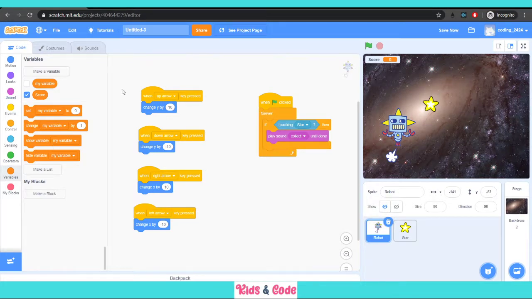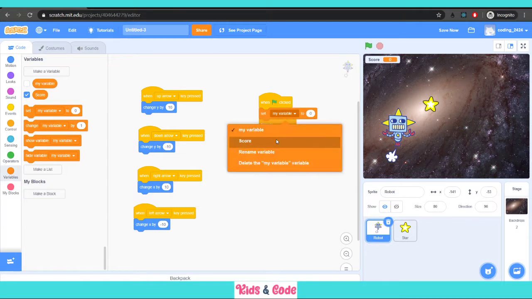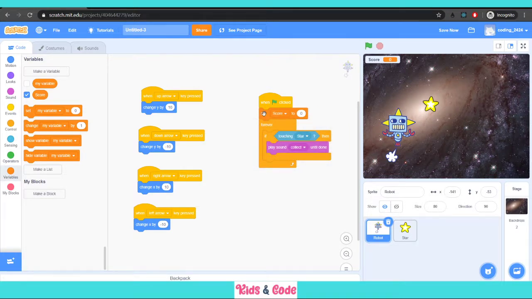So what happens is when the green flag is clicked, we want the score to be 0, right? So we say when green flag is clicked, set my variable to 0. Instead of my variable, we have the score option in the drop down. We'll say set score to 0.